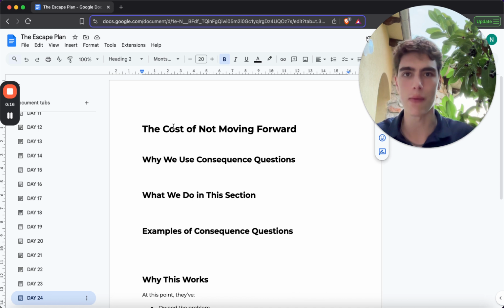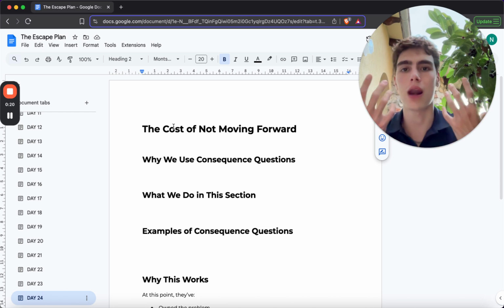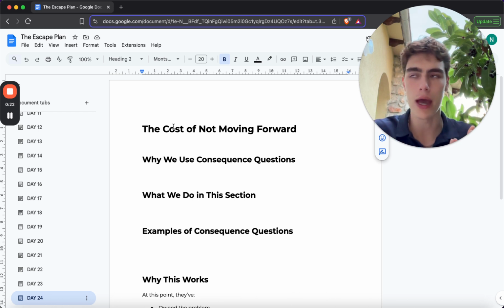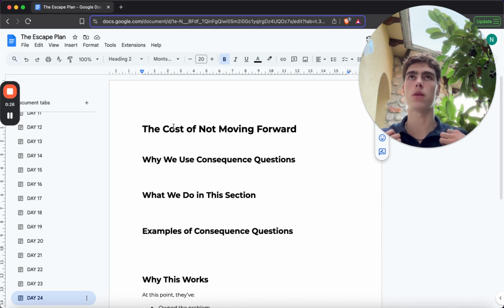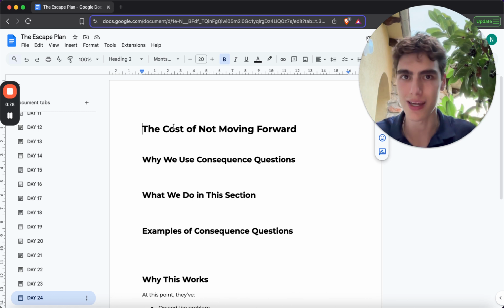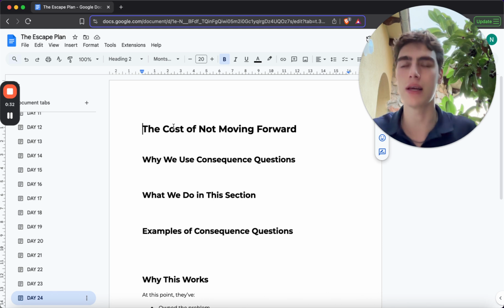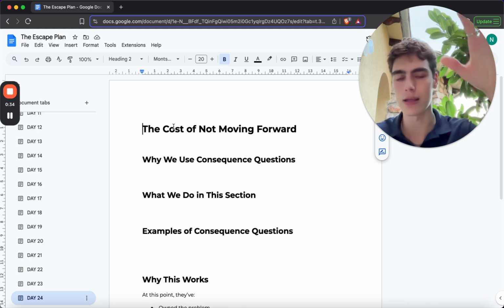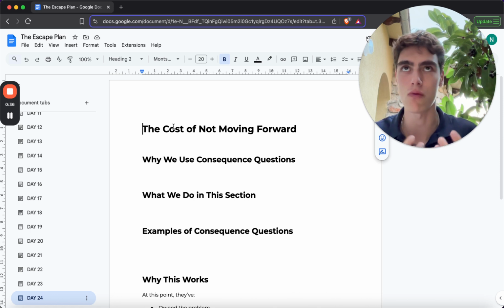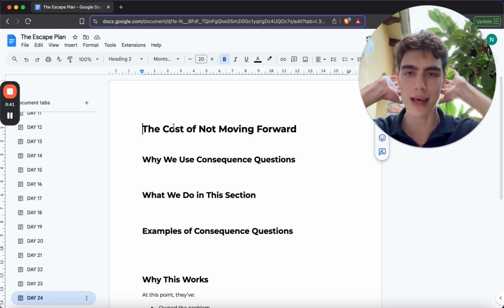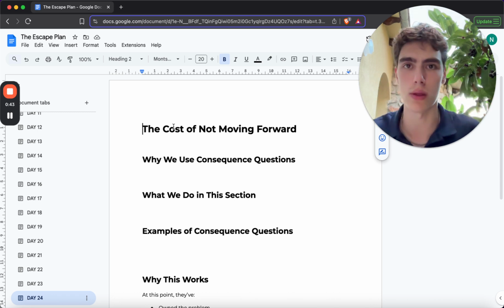So, to recap, in the last video, we got our prospect to become clear on what they want, and we got very emotional with them so that they can really feel it. They know what it feels like to get there and what it's going to do to their life, and they can see it as a real possibility. Because a lot of people lack that confidence, and that's what we need to fill them with.